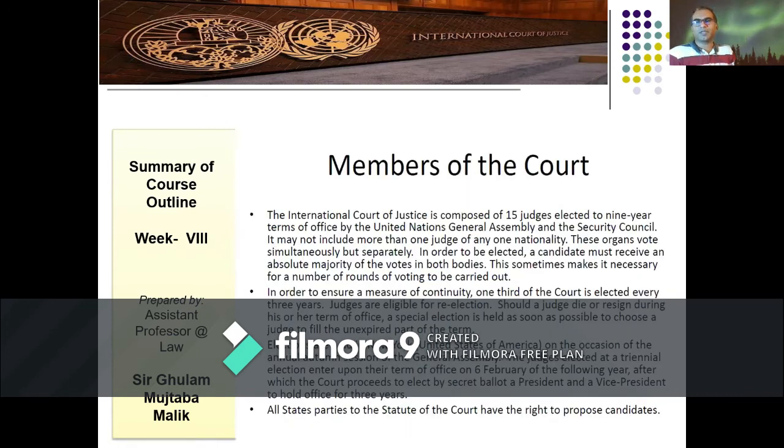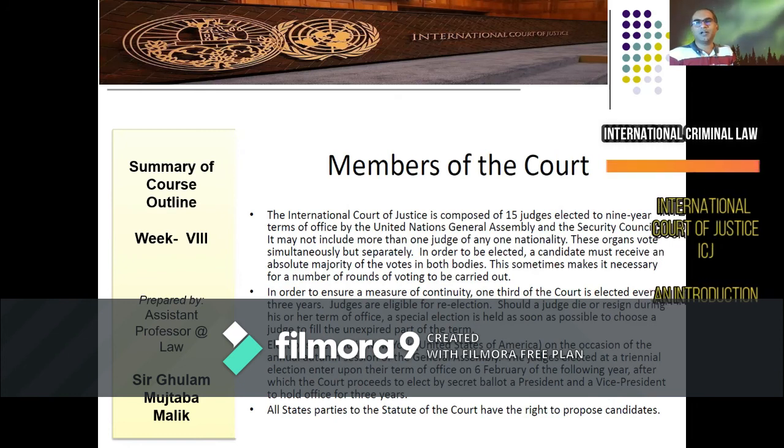So, students, that was a brief demonstration of how the ICJ was formed, how many members there are, and how member judges are elected in the ICJ. Thereafter, our next topic will be the election or nomination of